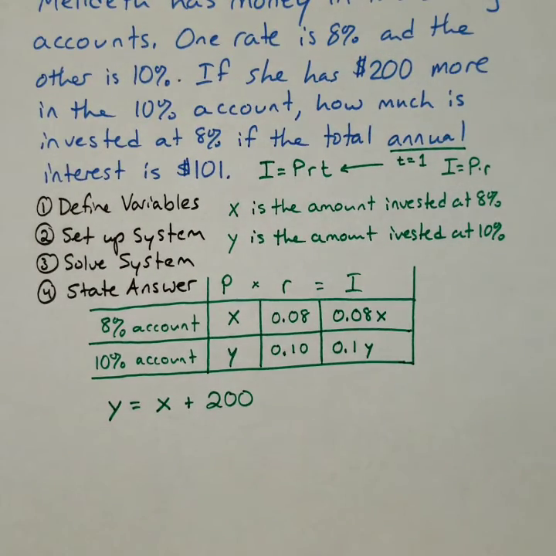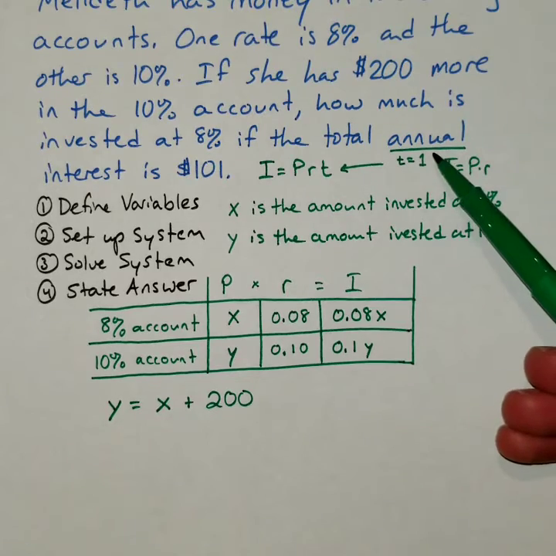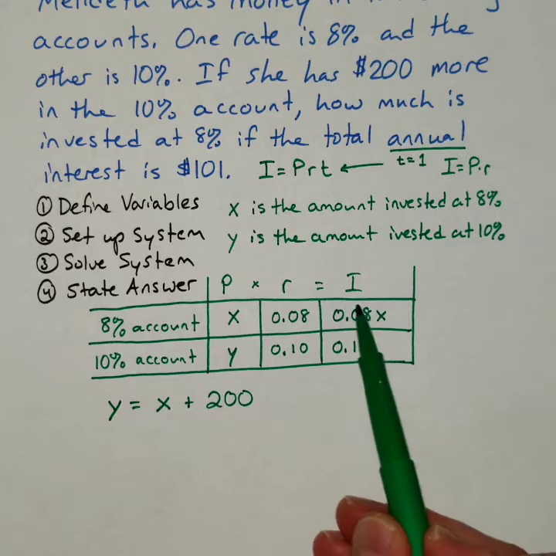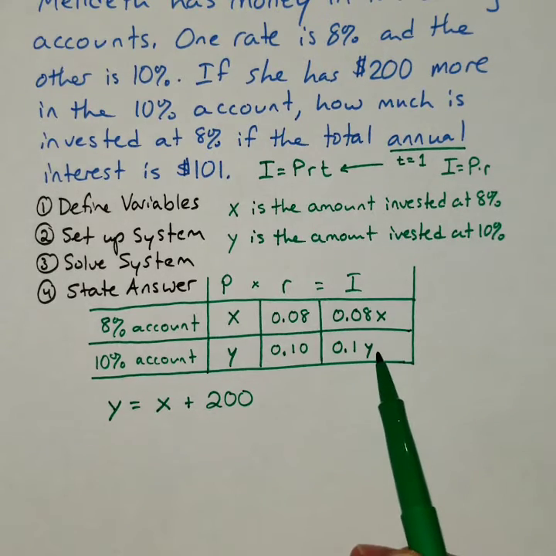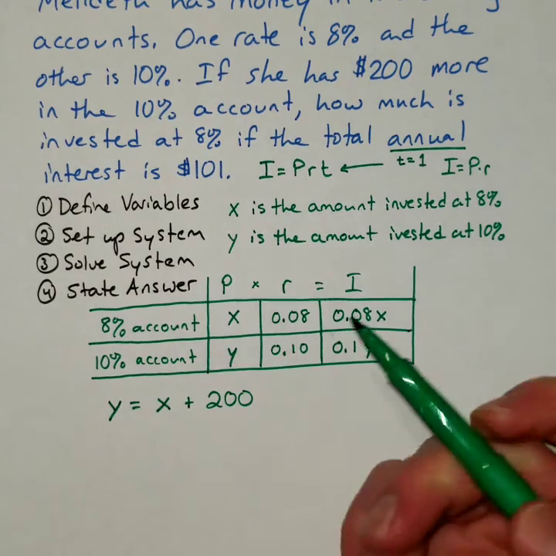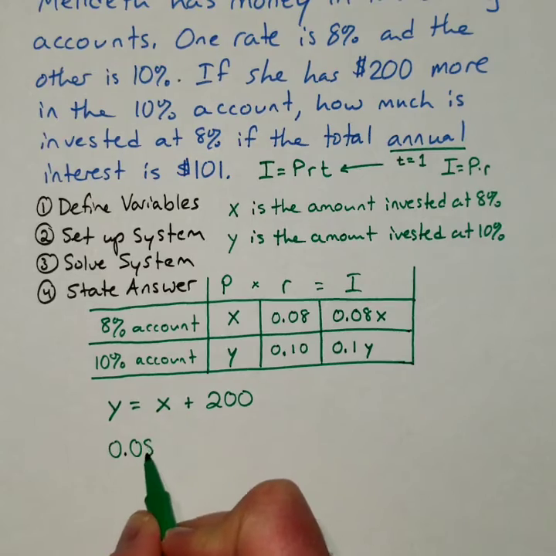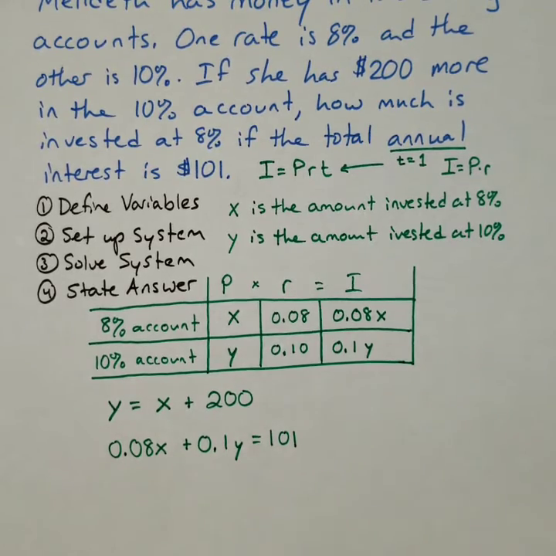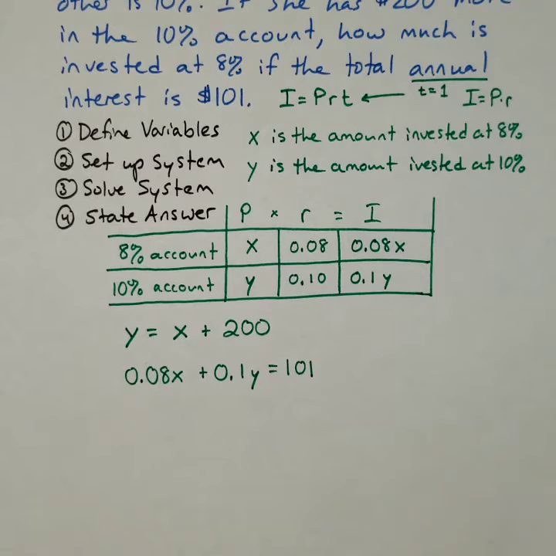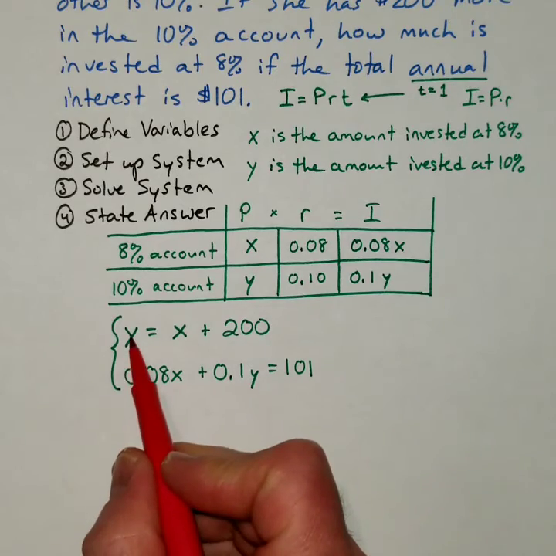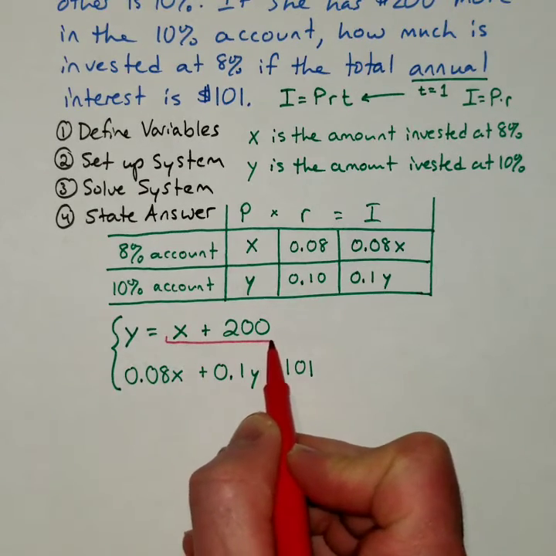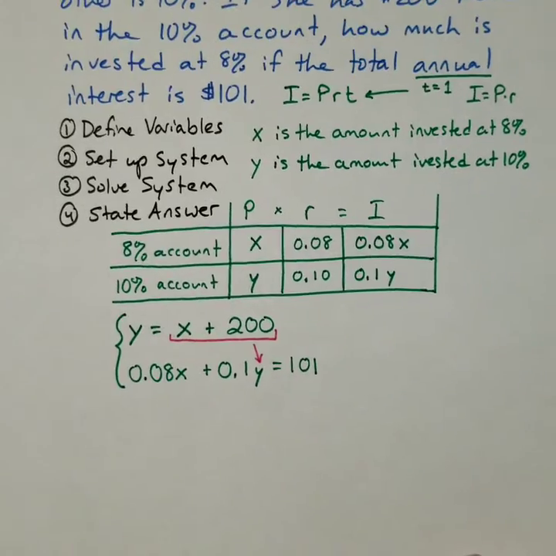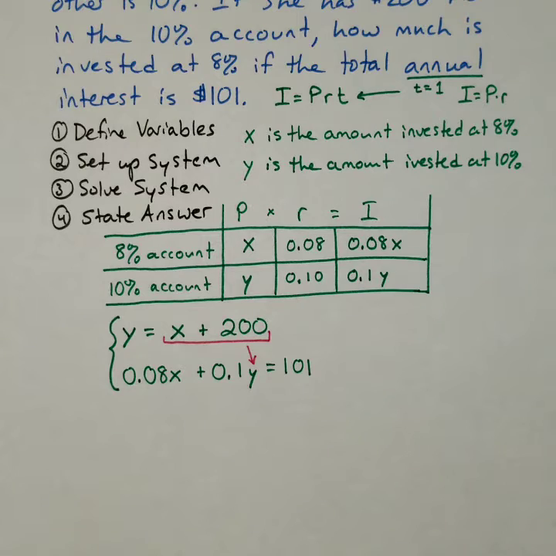The second equation deals with the interests. Notice that the total interest is $101. Well, here I have the interest from the 8%, here I have the interest from the 10%. The total, which would be adding them up, should be $101. So if I do 0.08x plus 0.1y, that should equal $101. Okay. So now I'm going to just go ahead and solve this system. And to do that, I'm going to do a substitution method where I substitute, since I already have y solved for, I'm going to substitute the x plus 200 into the y in the other equation. And so I'll rewrite this: